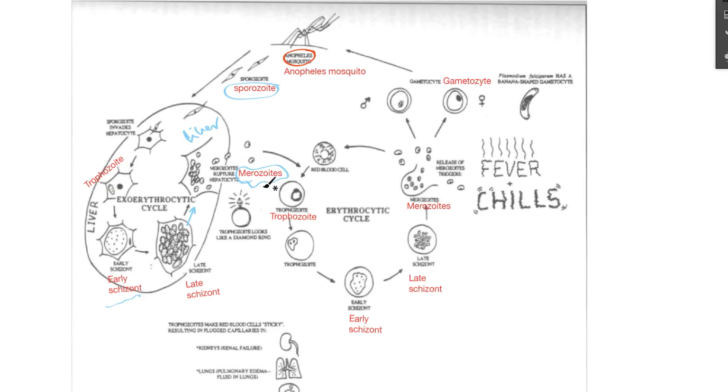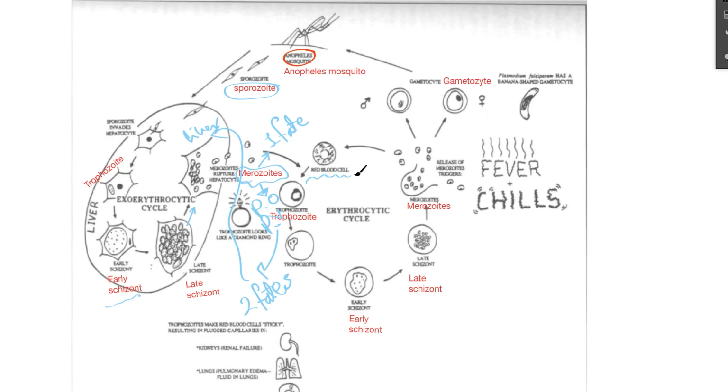So the merozoite in most of the species will have one fate, while in Plasmodium ovale and Plasmodium vivax, they have 2 fates. This is very special to Plasmodium ovale and Plasmodium vivax. The special fate is that the merozoite goes again to the liver and infects another hepatocyte, then does the cycle again. The second fate, which all species of Plasmodium have, is that the merozoite goes to infect